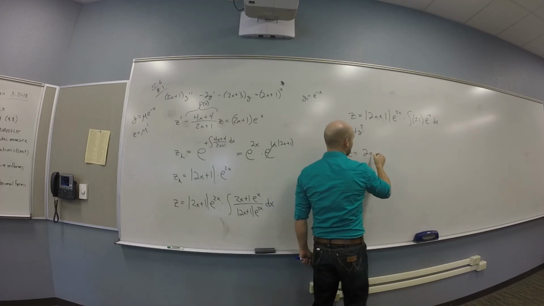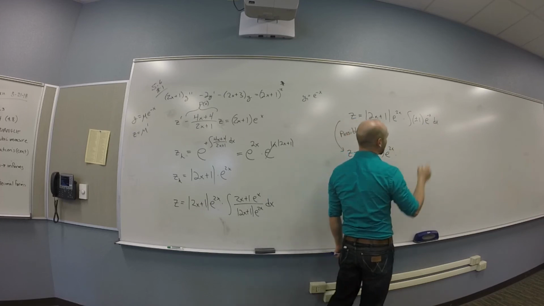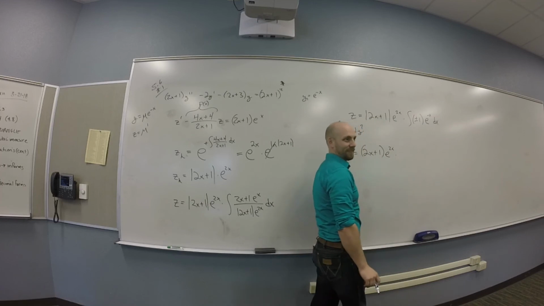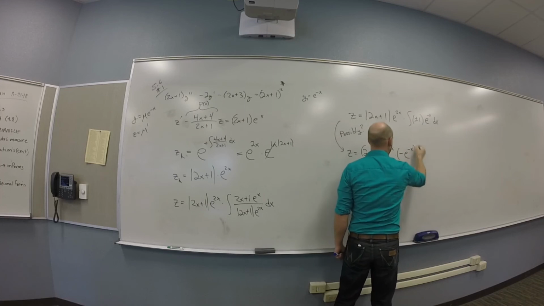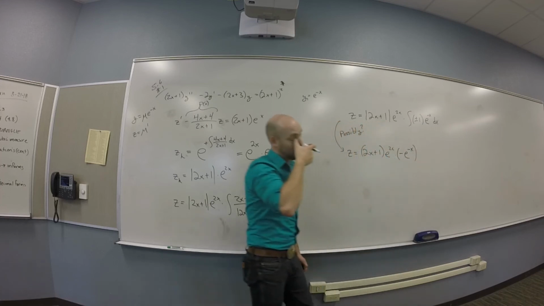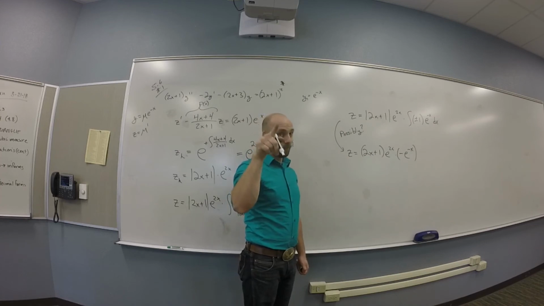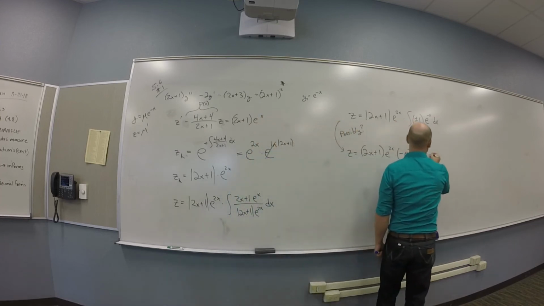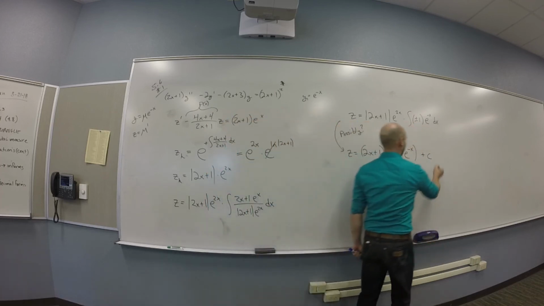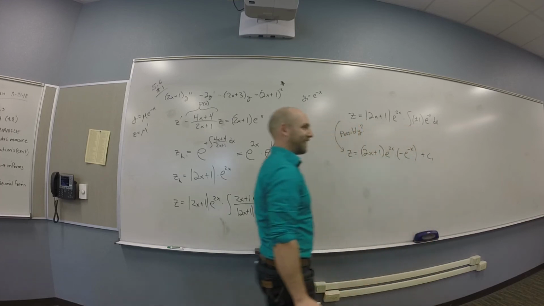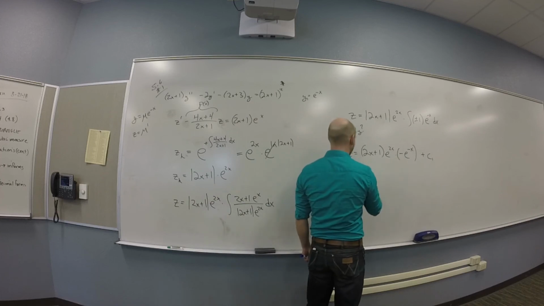z is 2x plus 1 times my gut feeling, e to the 2x times, what's the integral of e to the minus x? Negative e to the negative x. So plus c. Now, would that be C1 at this point? Then we integrate that, right? So at this point, hang on, if I simplify this a little bit, I've got